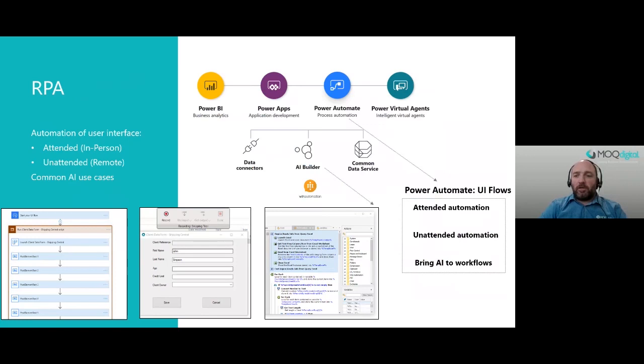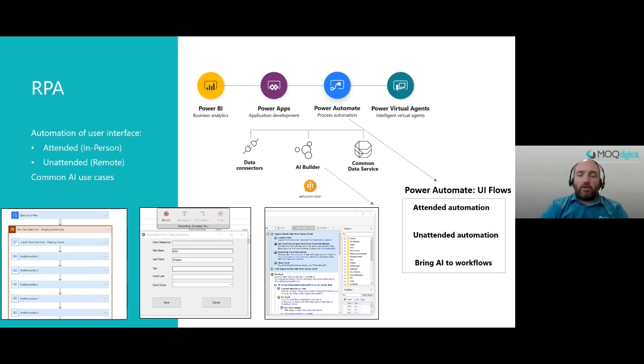RPA. This is an important capability. So when we talk RPA in Microsoft land, we talk about essentially user interface driven workflows. So this ability to automatically drive typically legacy application screens, and to have the flow take application information from a user and push that information directly into an end user's environment. So that would be, for example, I might have a legacy invoicing application, and what I want to do is modernize that with an app. And what I can do is build a Power App and then use Microsoft's RPA capabilities to automatically capture the data into that